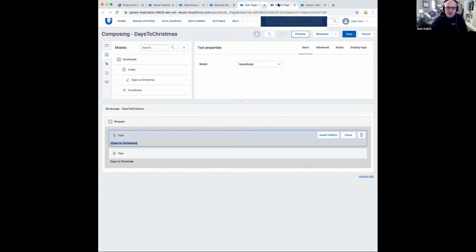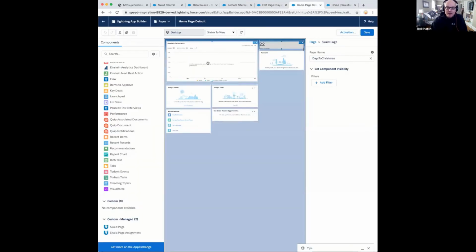So Salesforce makes it super easy to customize the layouts of the pages that are being used by your users. So here, Lightning App Builder, the default homepage, Skuid ships with a managed Lightning component that hosts any of the Skuid pages that you have built in the Skuid page builder. So drag the Skuid page component onto your Lightning App Builder page and define that it is my days to